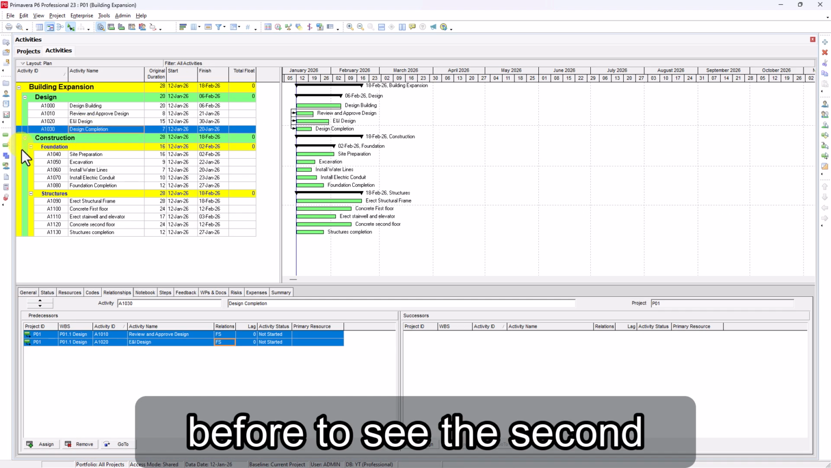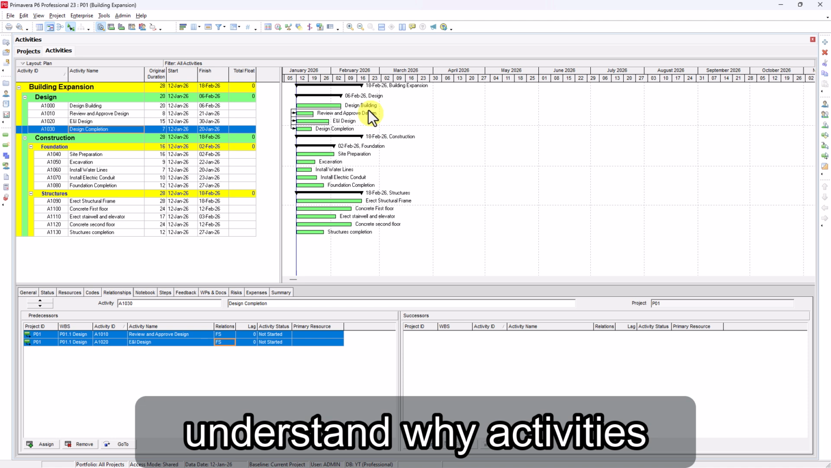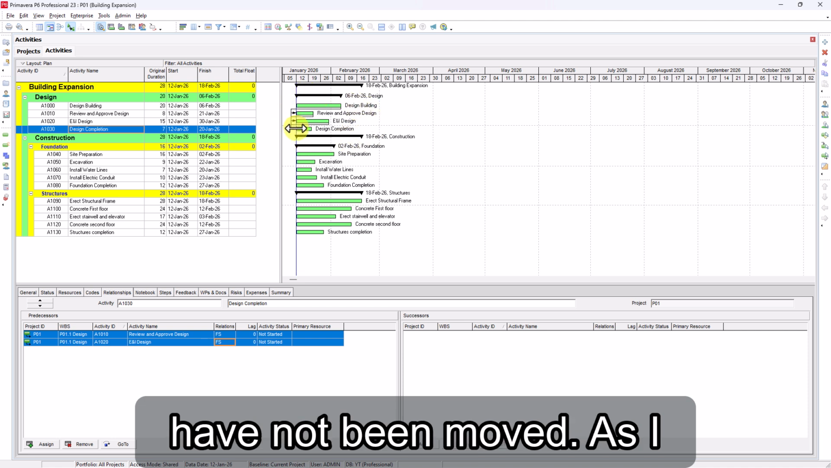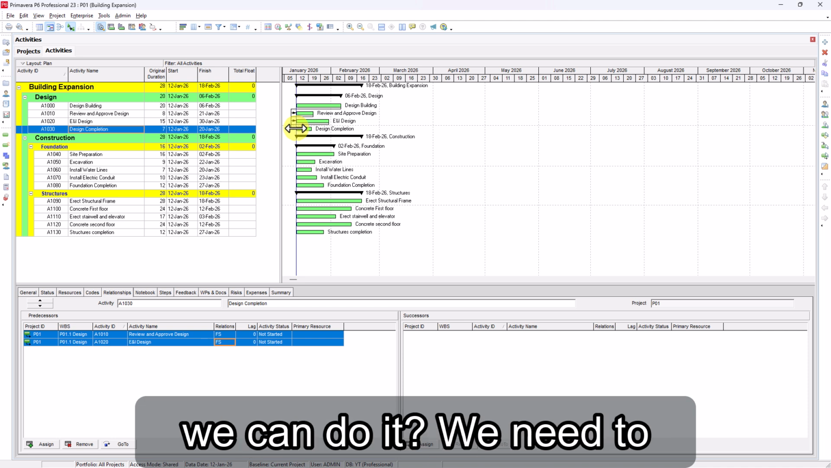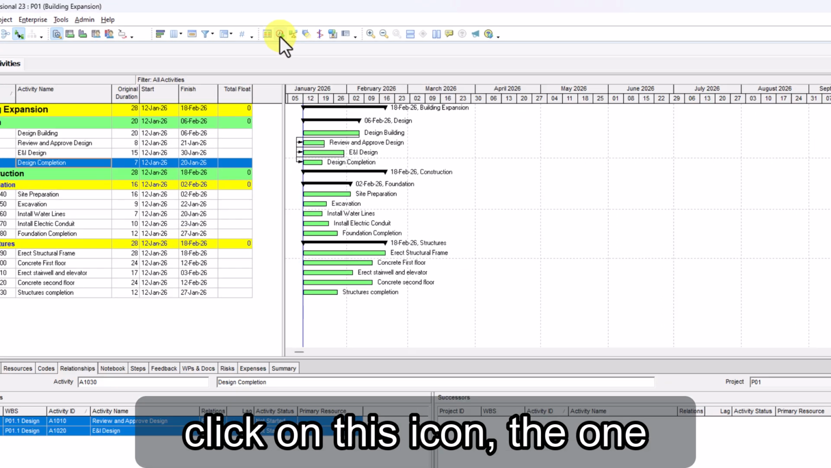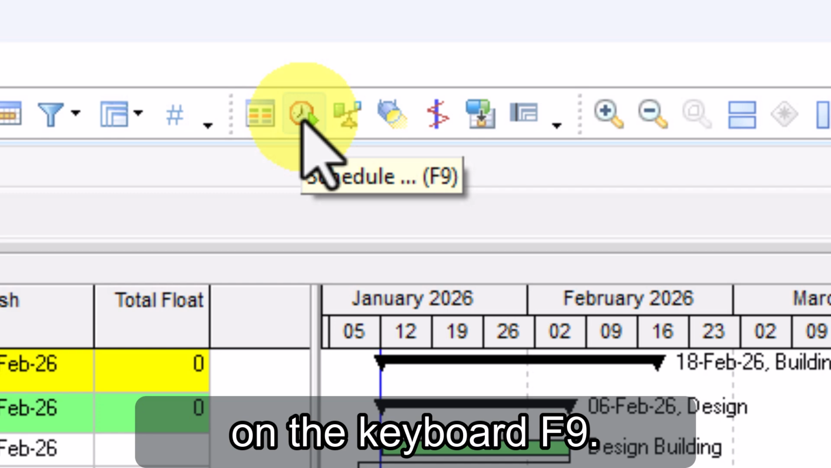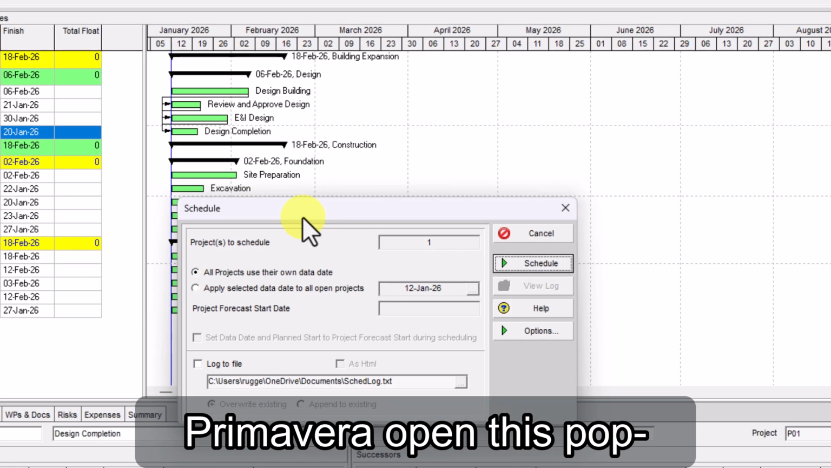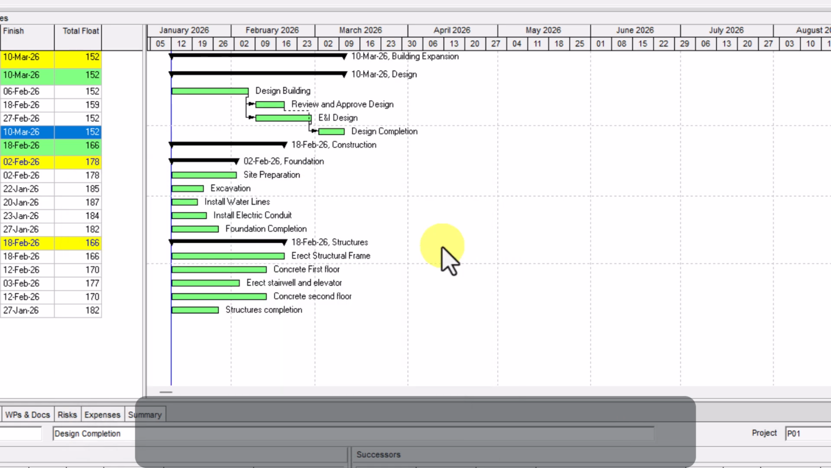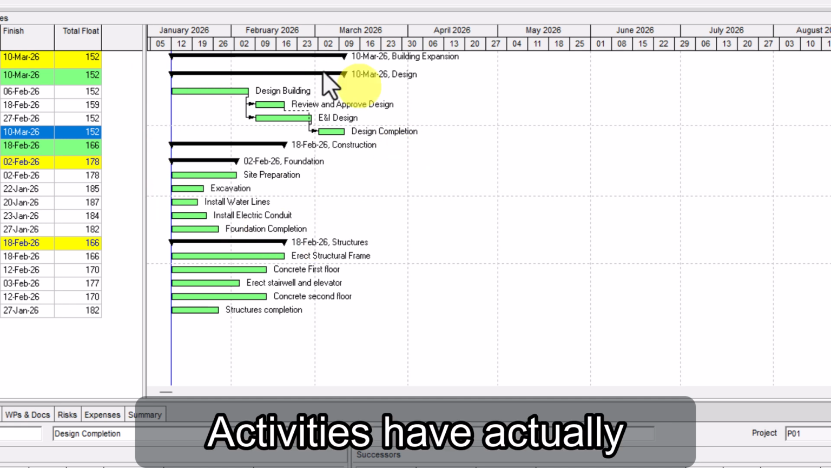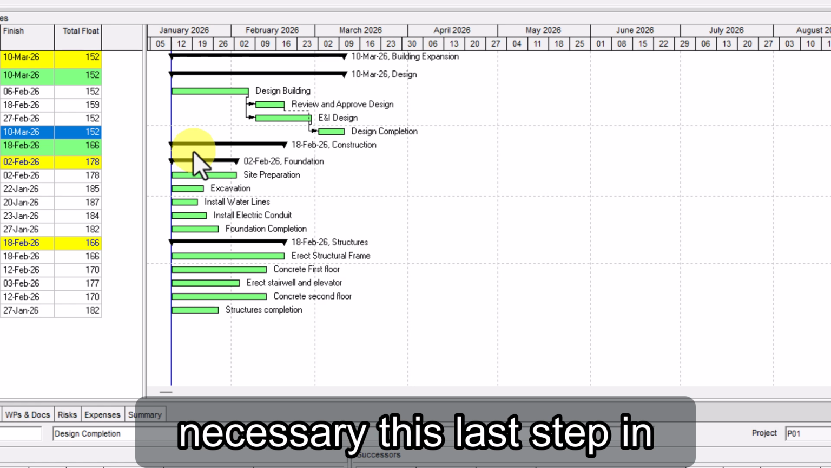Before seeing the second method of inserting a relation, we must understand why activities have not been moved. As I told you before, we need to schedule our project. How can we do it? We need to click on this icon, the one with the clock, or press F9 on the keyboard. Primavera opens this pop-up where we just need to click on Schedule, here. And here we go. Activities have actually been scheduled,